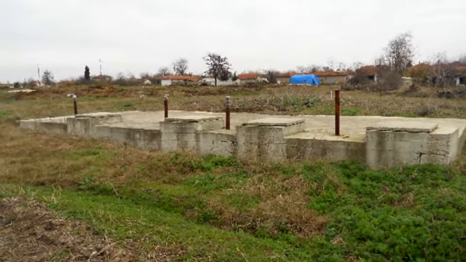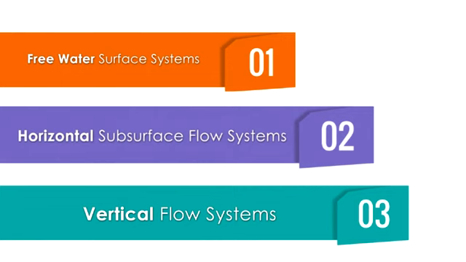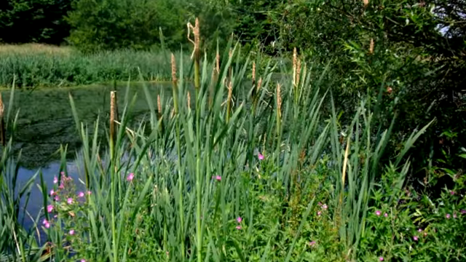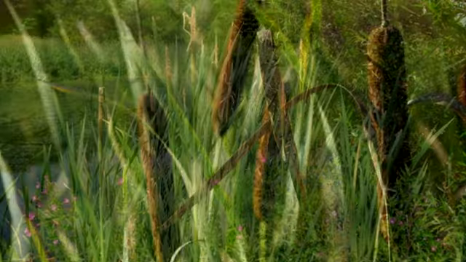Three are the most common constructed wetland types: free water surface systems, horizontal subsurface flow systems, and vertical flow systems. Free water systems consist of one or more vegetated shallow impermeable basins or channels filled with soil, planted with native vegetation such as cattails, reeds, and/or rushes, and equipped with appropriate inlet and outlet structures. The wastewater flows at depths of 10 to 30 centimeters or even 45 centimeters and is exposed to the atmosphere,